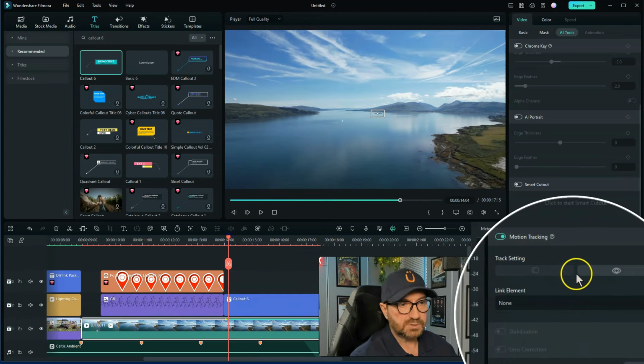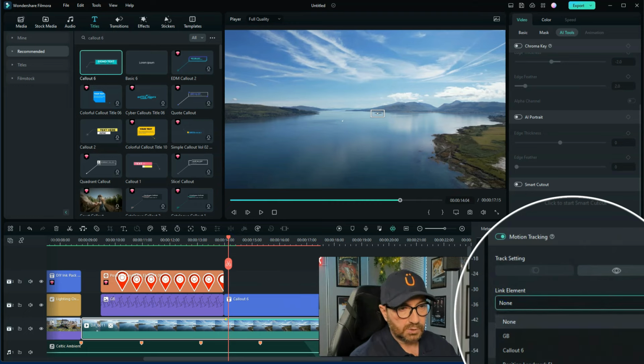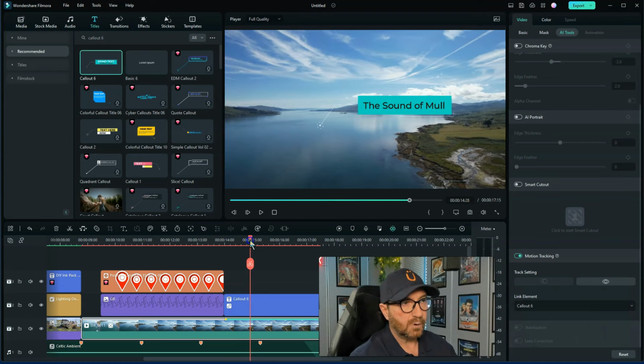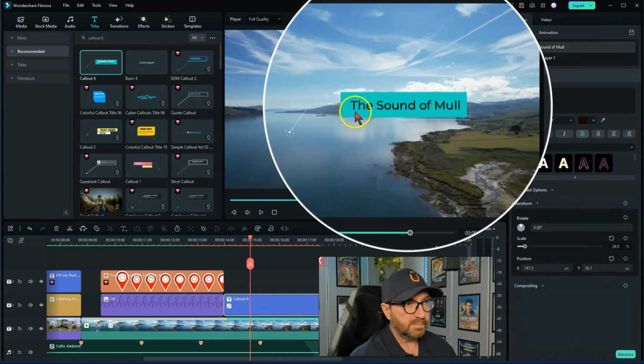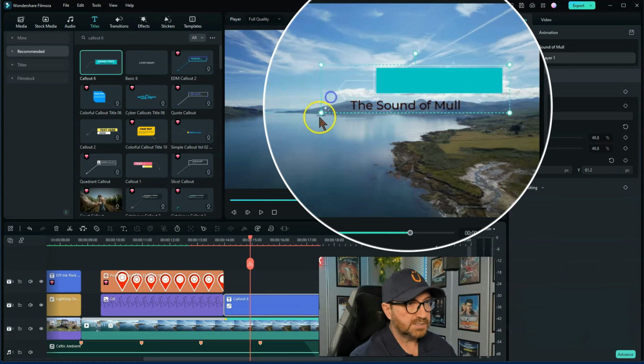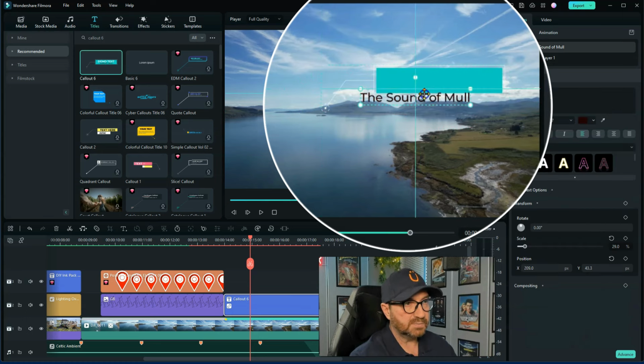You go back to the motion tracking section and you choose what you want to motion track, and it is the call out. So I click on that. I'll just move it in a bit because I may have to move it. Okay, now it's tracking it, but it's in the wrong place. So what you need to do is you click on that, you simply move both of them across to where you want it to be. So first of all, that needs to point to the island,